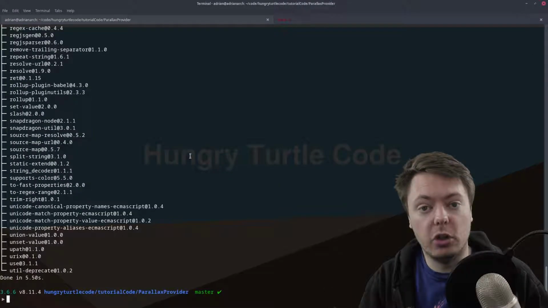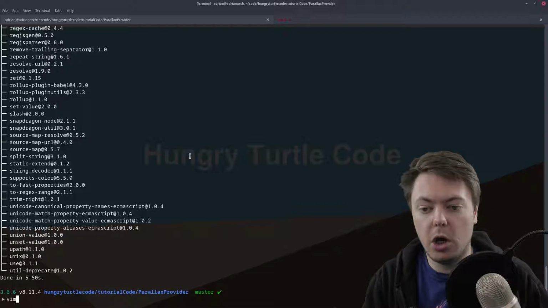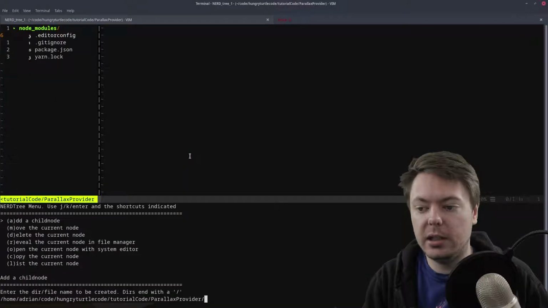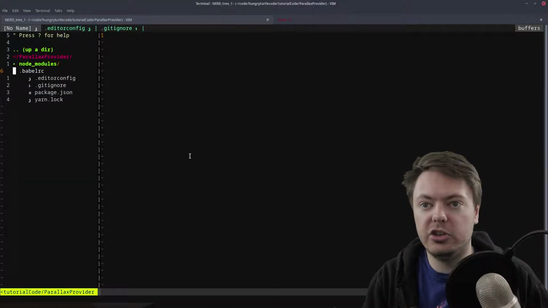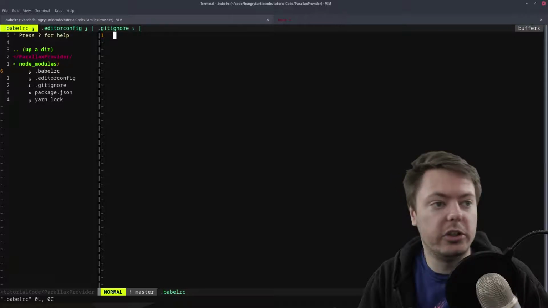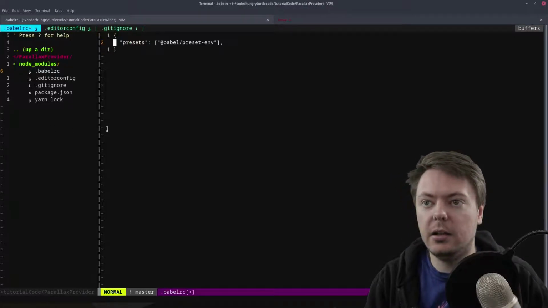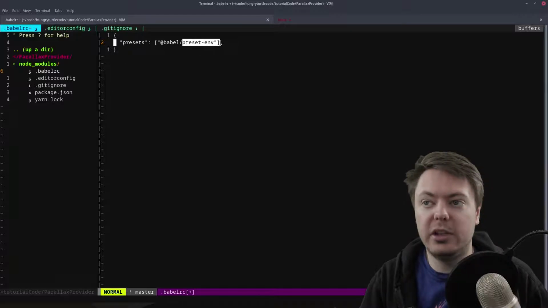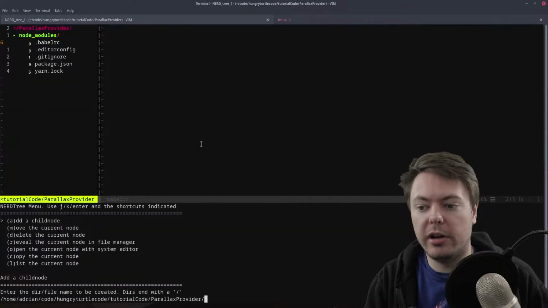So we're all installed. So now we're going to add a few configuration files. So we'll open up Vim so we can add those in. The first one is a .babelrc. So this just tells Babel how we want to use it. And this is quite a simple one. Just paste this in. We're just using the Babel preset env preset. So we'll save that and we'll create a